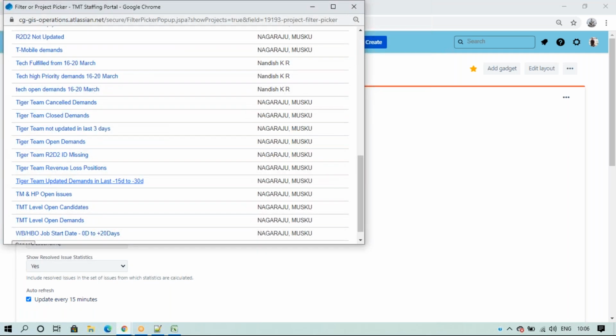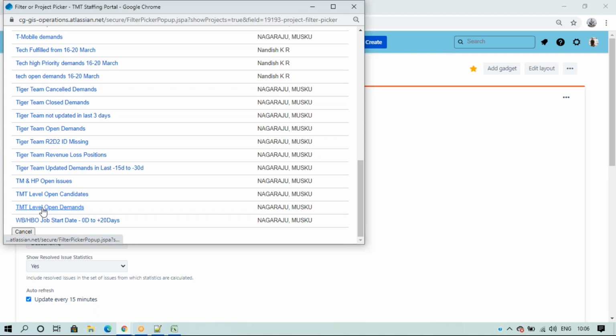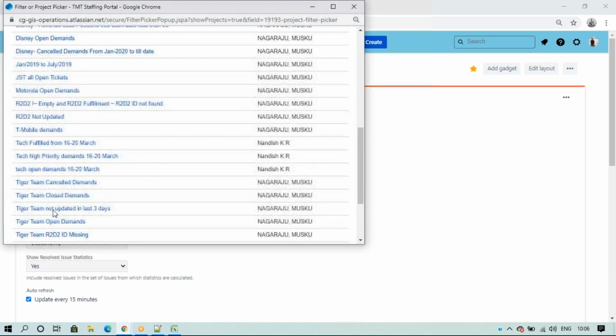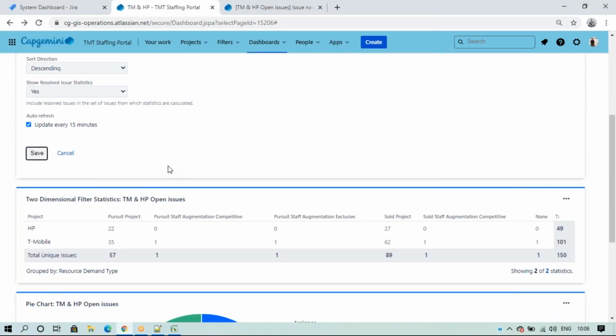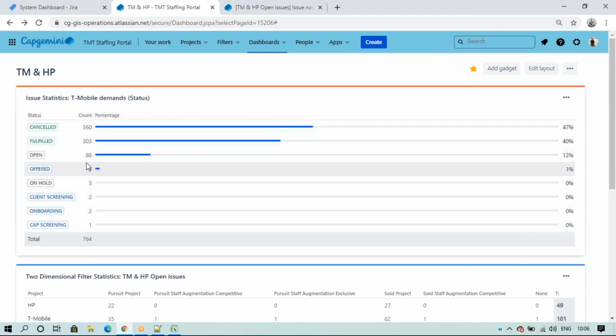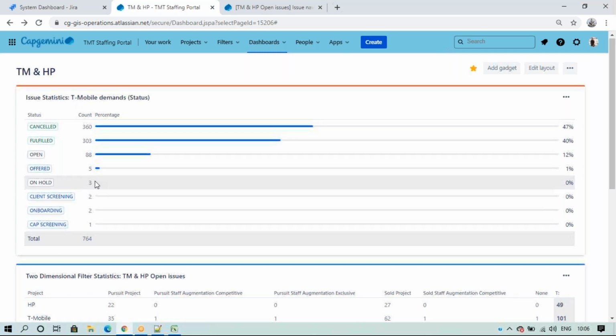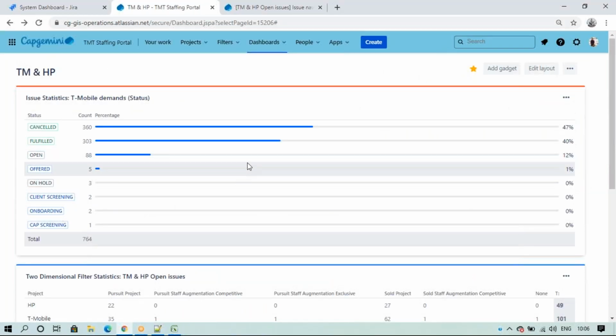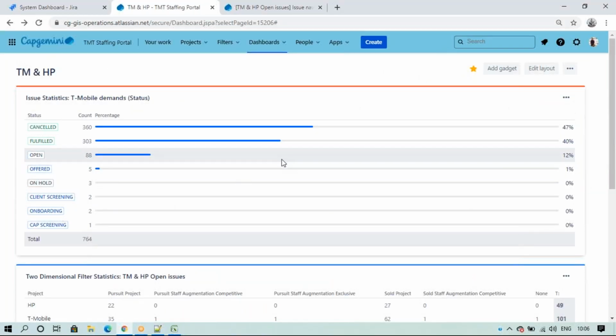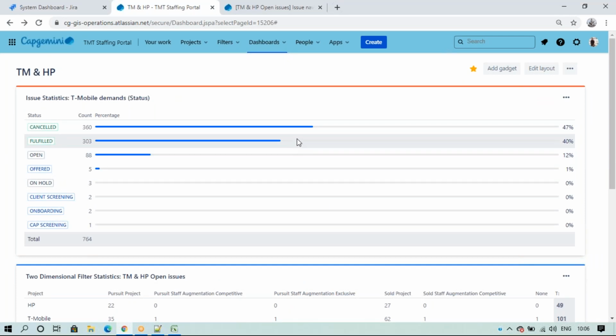Maybe I'll choose T-Mobile. Okay, T-Mobile demands as an example, I'll choose this and save. This is a different filter, but the count will change. Based on the status only, I've written some of these issues. So 764, this filter is different, like T-Mobile demands all. This is a different 150. You can write any filter, and based on the date or something, like tickets created in the last 1 week or anytime, we can